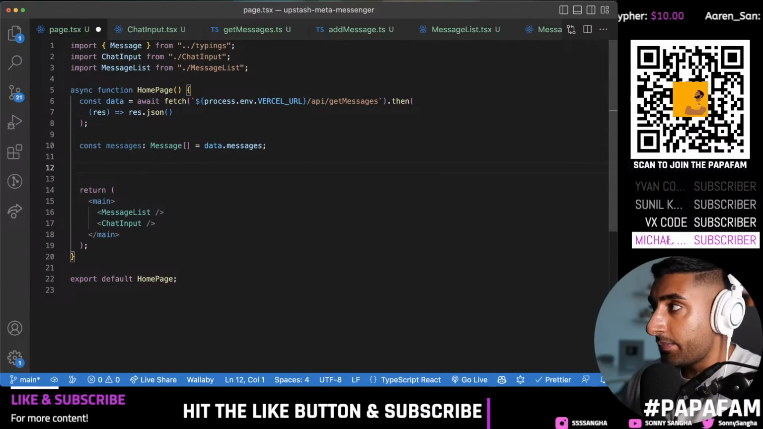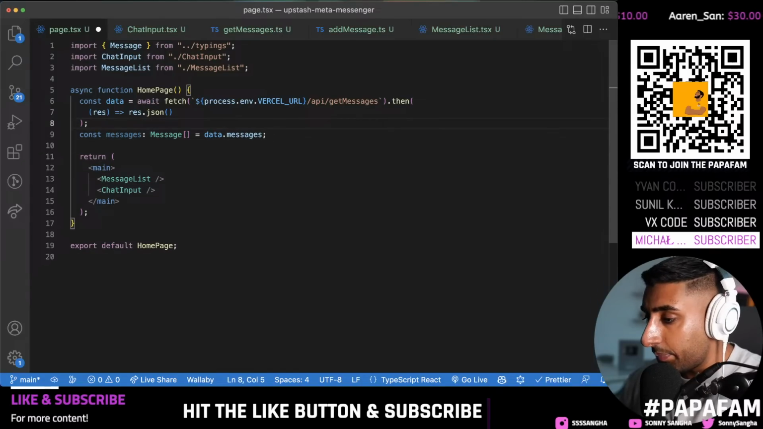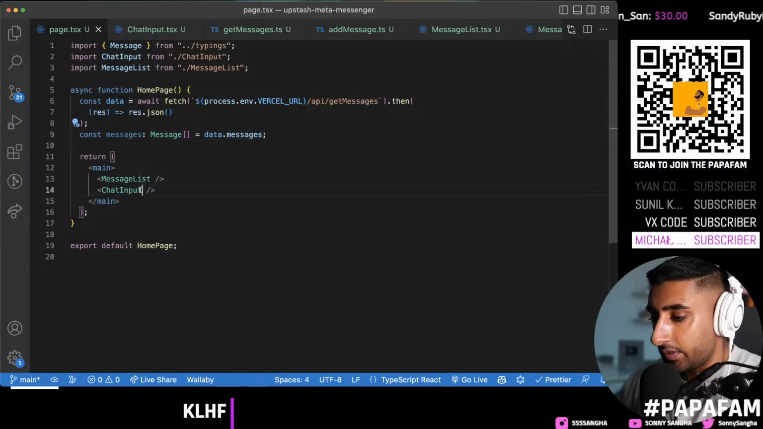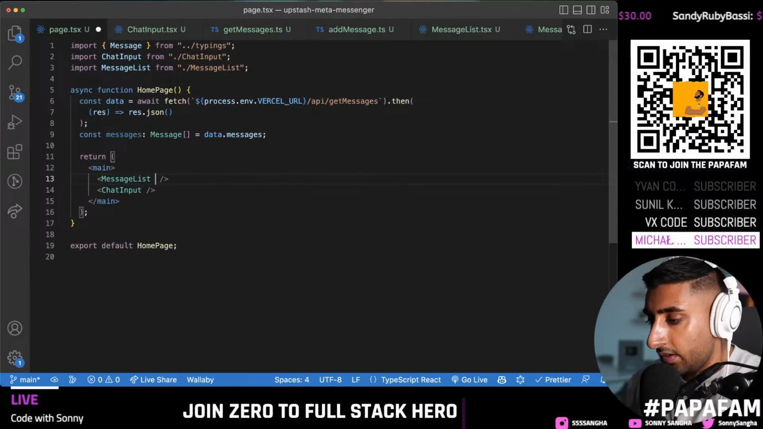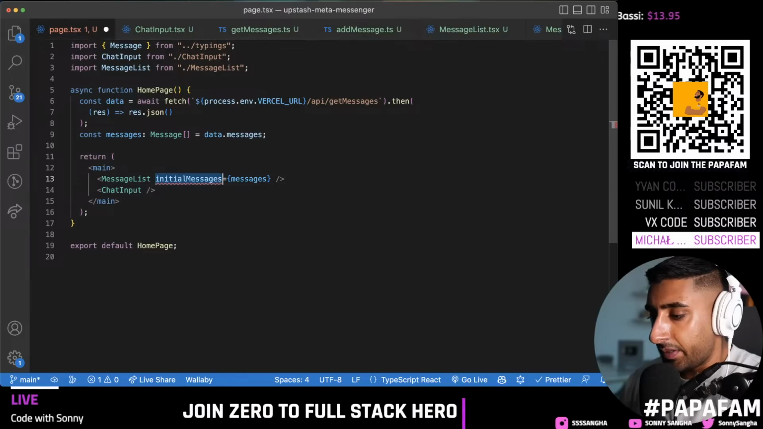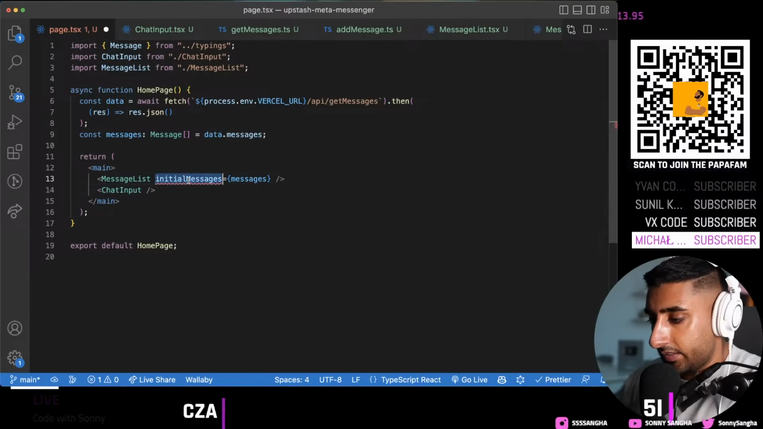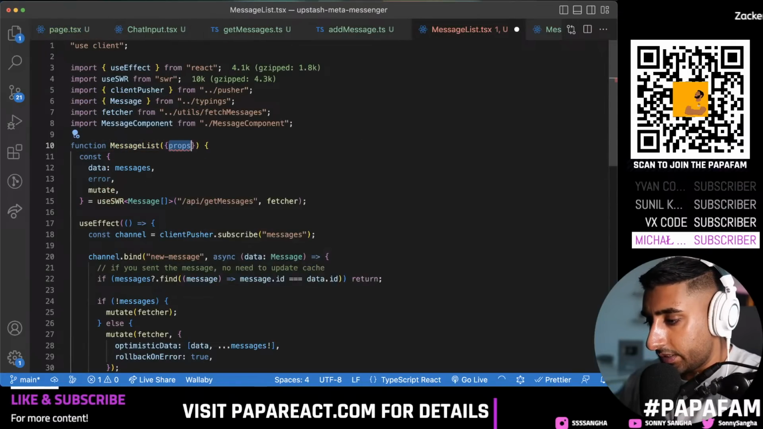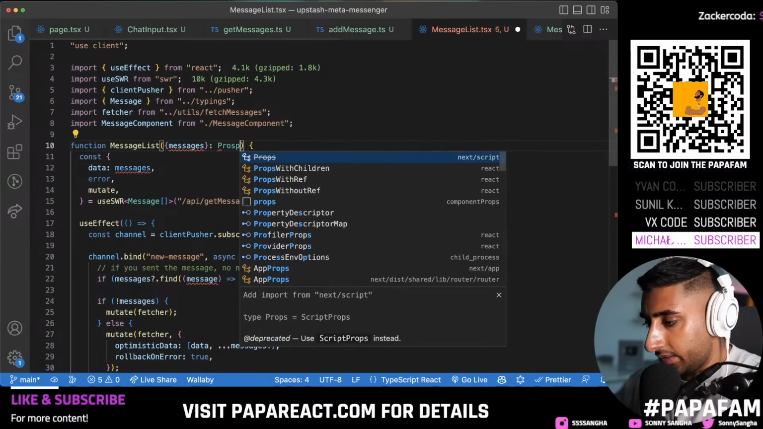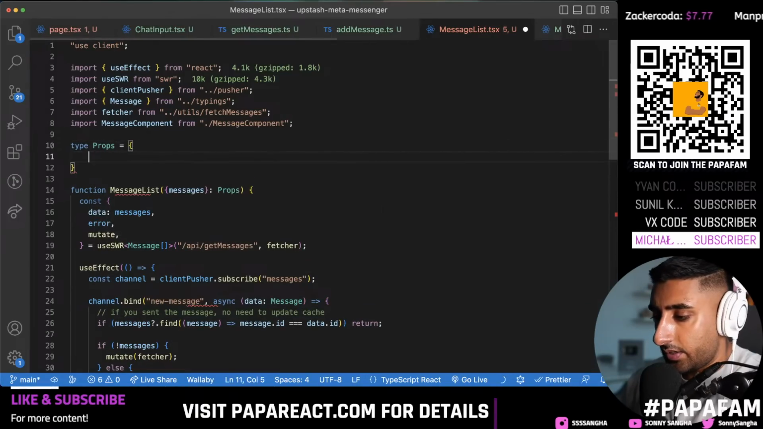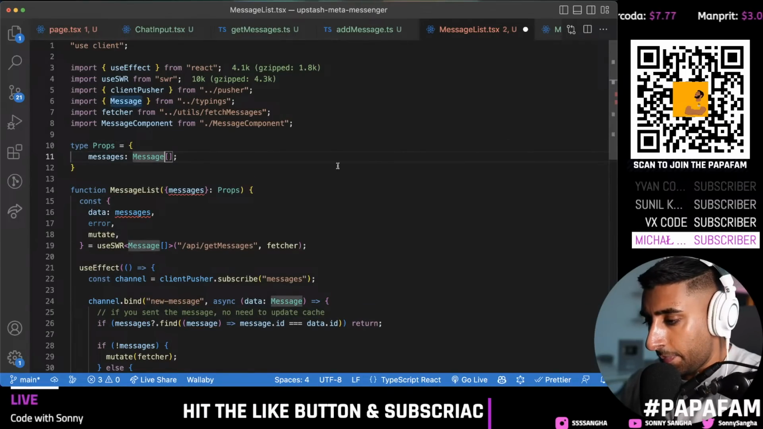And now inside of my messages, I'm going to pass down my messages as a prop, right? And I'll show you how we're going to do this, because it's going to be a delicate one. So for the message list, I'm going to say initial messages equals messages. Okay, and then I need to add this in. So I'm going to go into my message list. I need to give in my props, which are going to be the messages, and then pass in the prop types. And for that, we're going to say type props equals our messages as type message. Okay, so